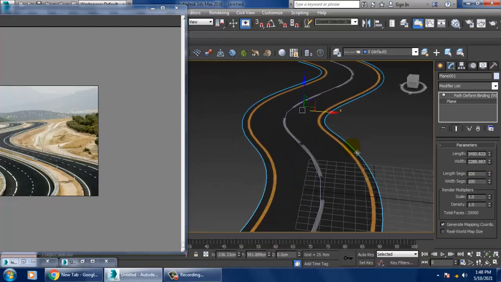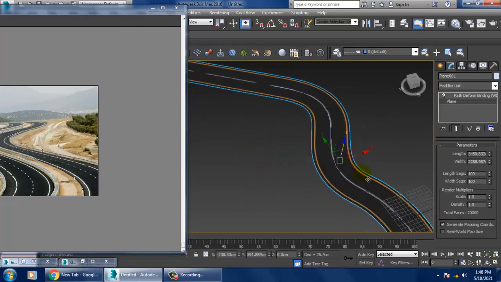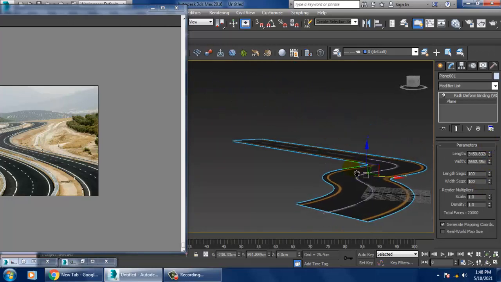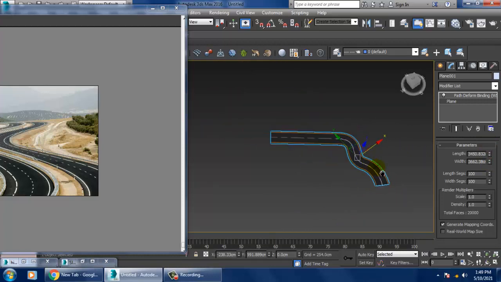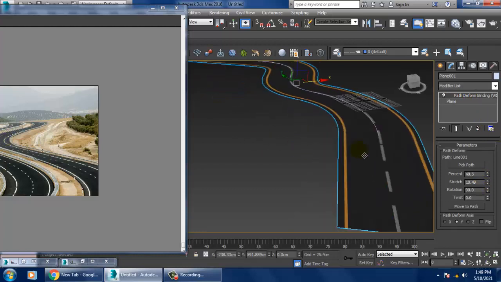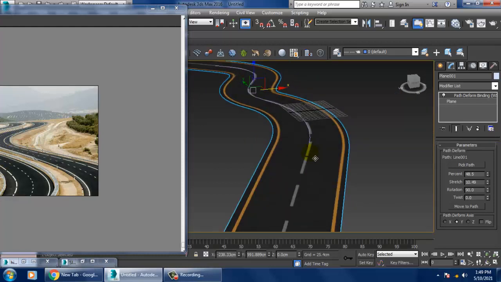As you can see, it looks much better now. Now you have a percentage over here, so you can work with the percentage. We'll keep this in this way.